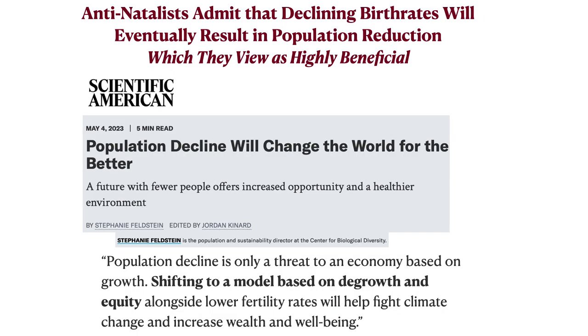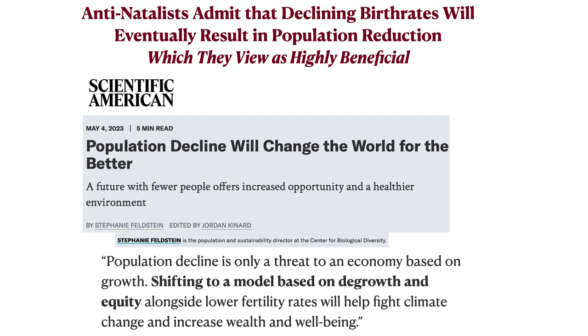Now, anti-natalists will readily admit that birth rates are declining. That's undeniable, and that they will probably eventually result in population reduction. But anti-natalists view population reduction as highly beneficial and think it should happen faster than it is currently happening. So here we have a Scientific American editorial arguing that population decline will change the world for the better, that it will offer increased opportunities, a healthier environment, certainly more room for wildlife. And just a quote from it, "Population decline is only a threat to an economy based on growth. Shifting to a model based on degrowth and equity alongside lower fertility rates will help fight climate change and increase